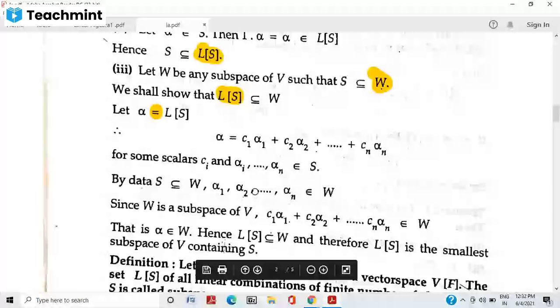We have seen the theorem, the second theorem on subspaces. Alpha 1, alpha 2 belong to W means C1 alpha 1 plus C2 alpha 2 belongs to W. Similarly, alpha 1, alpha 2, etc., alpha n belong to W, so C1 alpha 1 plus C2 alpha 2 plus etc., Cn alpha n belongs to W. From where we started, alpha belongs to L of S, but we got alpha belongs to W. That means L of S is contained in W, or we can say L of S is the smallest subspace